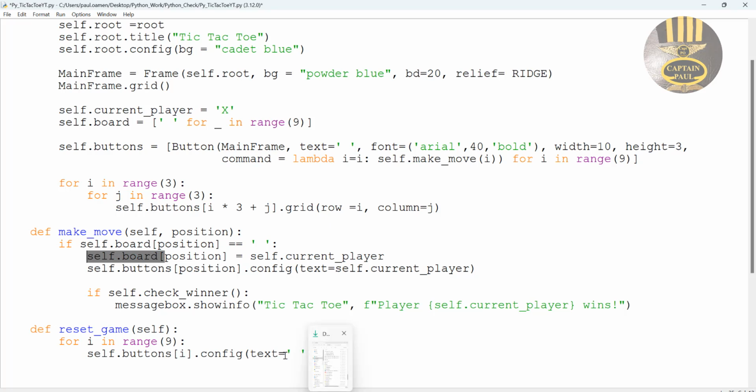Simple board, that is self, that will be equals,